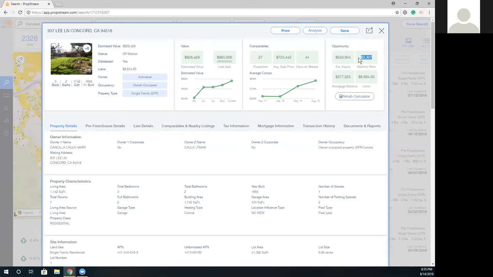We're able to see what people are listing properties with the same features for, and then again, whether it has a lien and the lien amount and the mortgage balance. Now, all of this data that we just saw here at the dashboard, it's all right below.